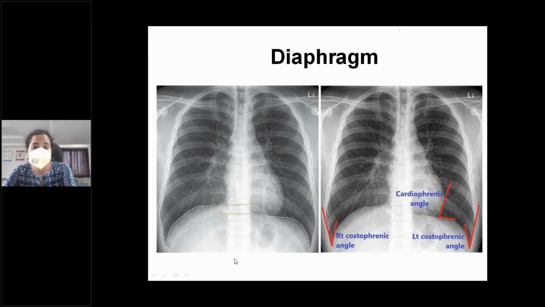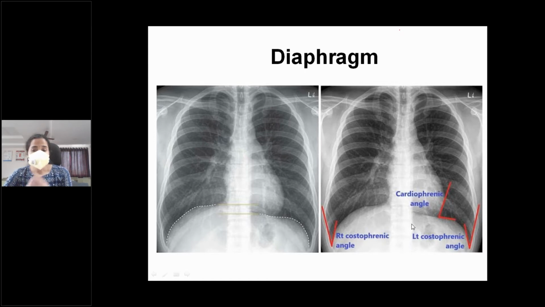we have the diaphragm. So basically the right hemidiaphragm is usually approximately 2 to 3 centimeters above the level of the left hemidiaphragm. One thing you always have to remember, it is not some palsy, it is not any pathology. This is always normal. Okay, next these are the various angles that you look for: the right costophrenic, the left costophrenic angle, and this is the right cardiophrenic angle.